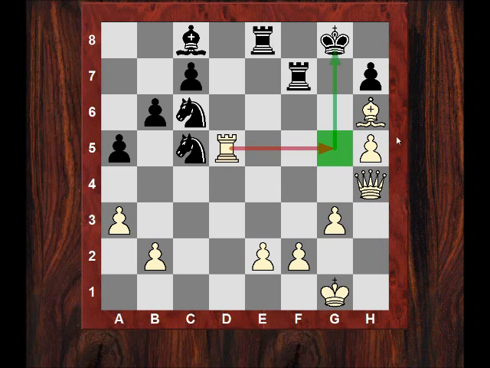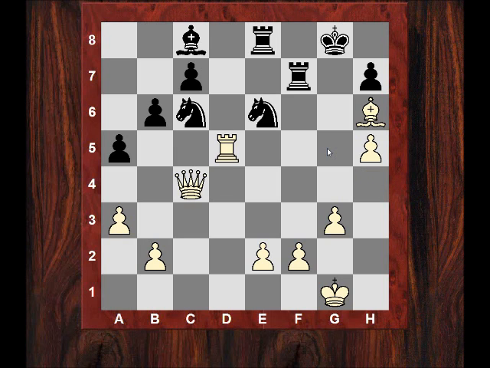So Ivanchuk plays knight e6, which does parry rook g5, but now queen c4 hits the knight on c6, and black is getting a little bit under pressure here. He gets both knights protecting each other. But now, unfortunately, queen g4 check, and Ivanchuk